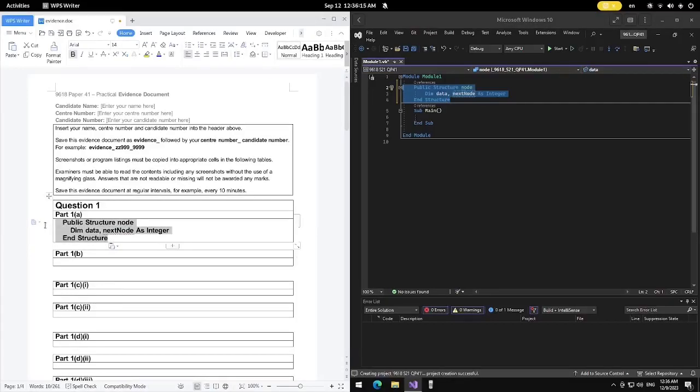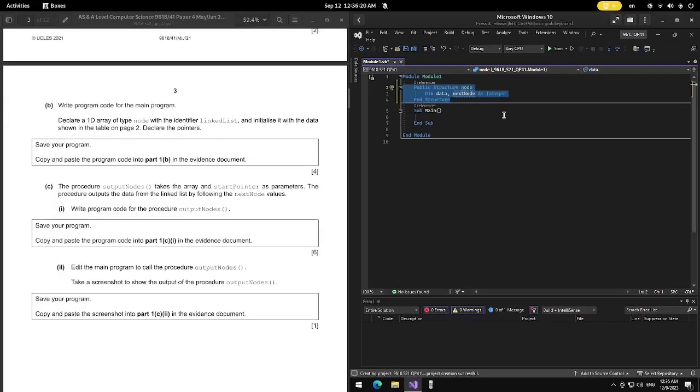Then I'm gonna unbold it. That okay. B, write program code for the main program. So inside Sub Main, declare a 1D array of type Node with the identifier LinkedList and initialize it with the data shown in the table on page 2, and declare the pointers. Okay, so I'm gonna declare a 1D array with the name of LinkedList,